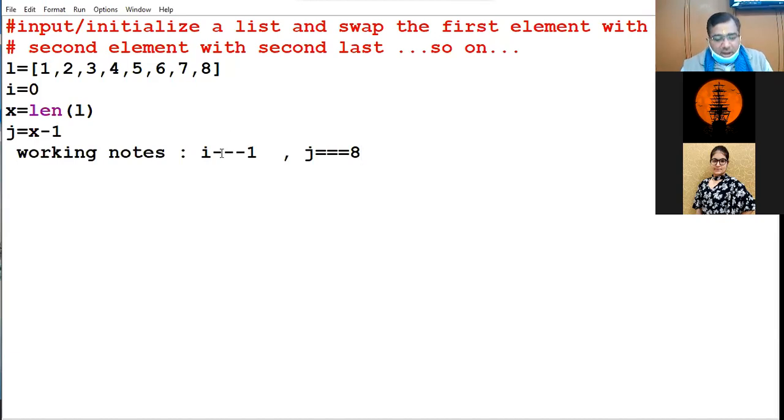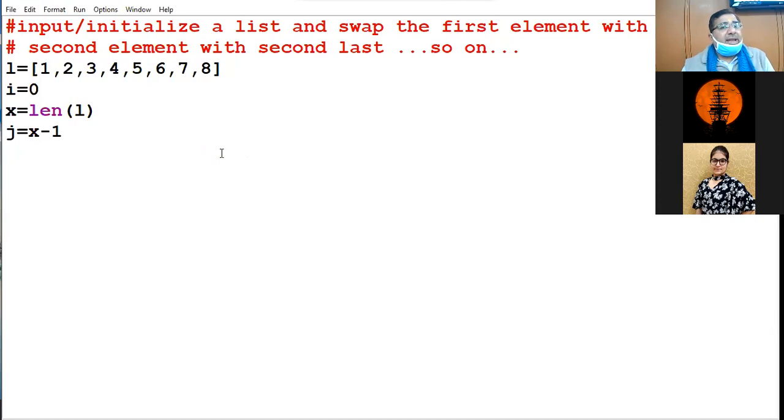Now the length of the list is 8. j will be placed at 7 because the indexing starts from 0 to 7. 0 is the first element, 7 is the last element. No doubt, for me, 7 is equivalent to 8. Am I clear what I have done? Yes, offline class, am I clear totally?